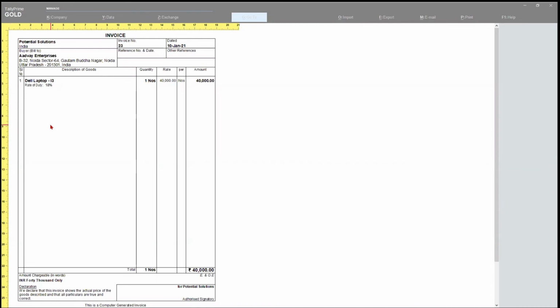Since the user has not enabled the GST module in Tally, you can always create a ledger for the GST tax ledger also. So you can create a CGST ledger or SGST ledger in case you are making this sale within the state. You can also create a ledger called IGST ledger.